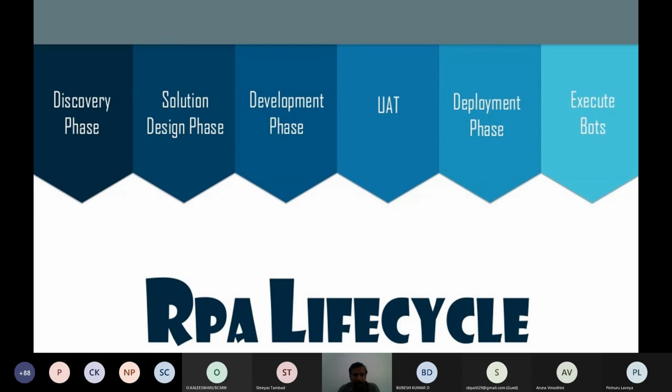If it can be automated, the benefits are explained to them, and then we decide on the solution, where the process definition document is made, and the budget, the workforce, and the time are decided. Then the document is given to the development phase, where the developer will develop the script for it. Once the script is developed, we test it, deploy it, and execute the bot. So this is about the RPA life cycle.